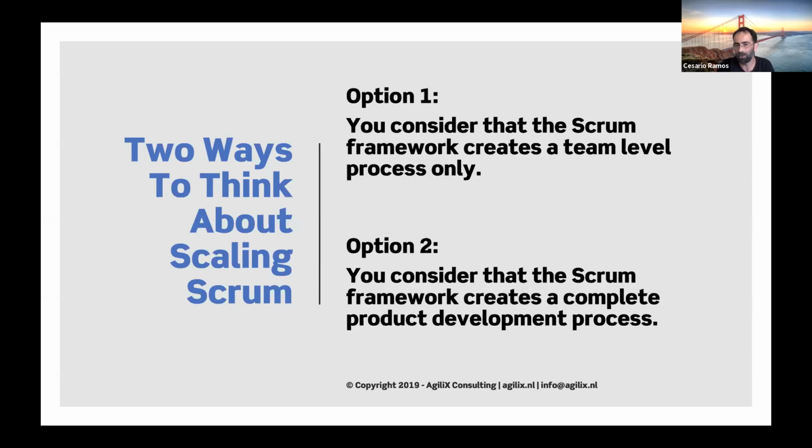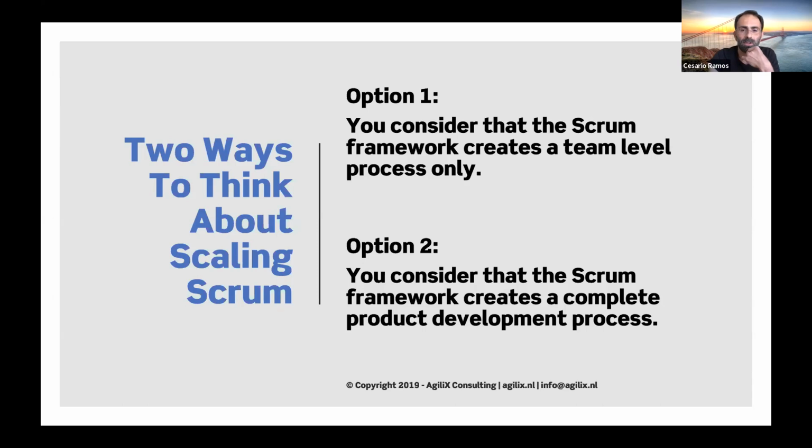This is a very different question than option 1. And this is the question that LeSS tries to address. So how can we get all the good stuff from single team Scrum at a larger scale? So what I want to do is give you a quick overview of what happens if you do option 1, and then we'll delve into option 2 and see it from the product and product owner